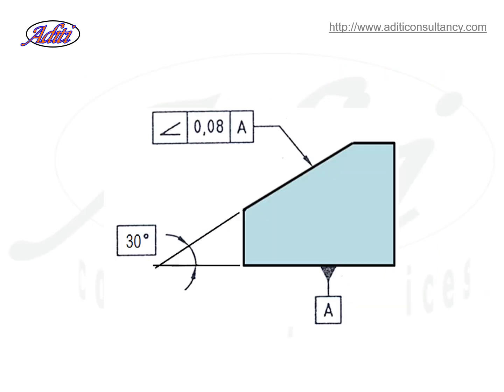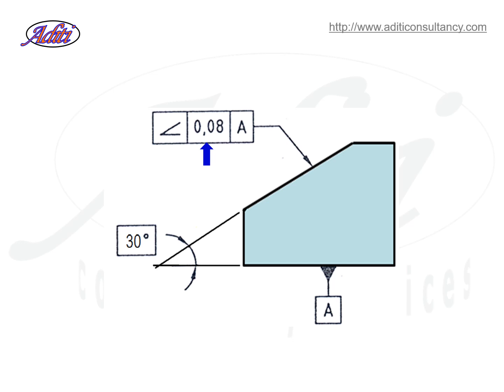Let us see what is angularity. Now angularity tolerance is shown like this. This also has a datum. With respect to the datum, the surface is supposed to be at a given angle. That angle is shown like this. It is placed inside a box without any tolerance. So this is called a basic dimension. Now this meaning of the 0.08 mm means what? We will try to understand this.